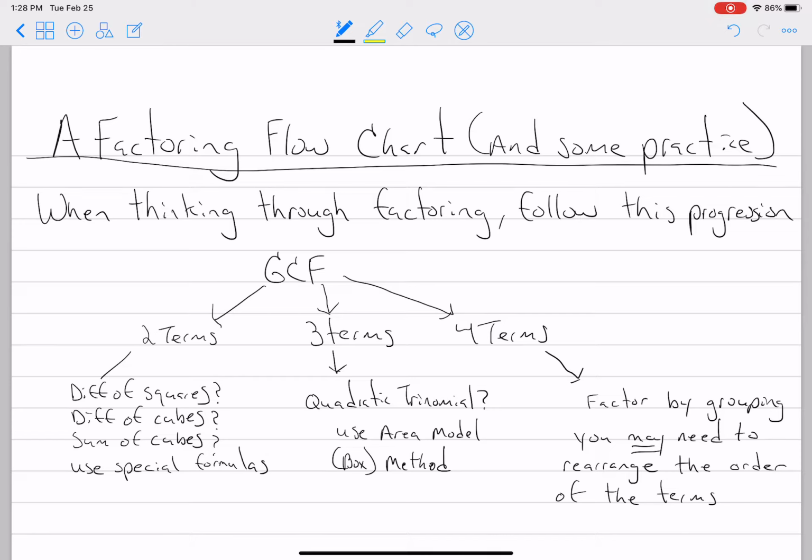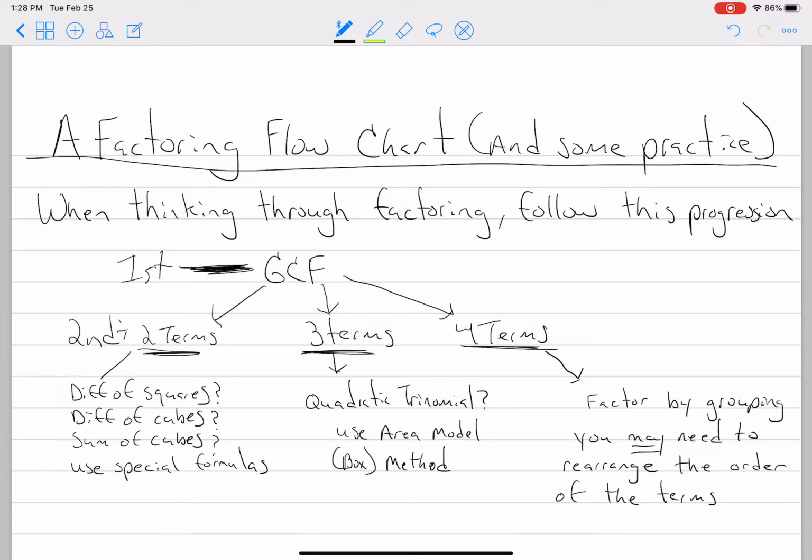So when you're thinking through factoring, you should follow this progression. First, always find a GCF. If there is a GCF, you have to find it and you have to find the right GCF. So do that first. If there's no GCF, you keep moving. If there is a GCF, factor it out. Second, you decide, do I have 2 terms, do I have 3 terms, or do I have